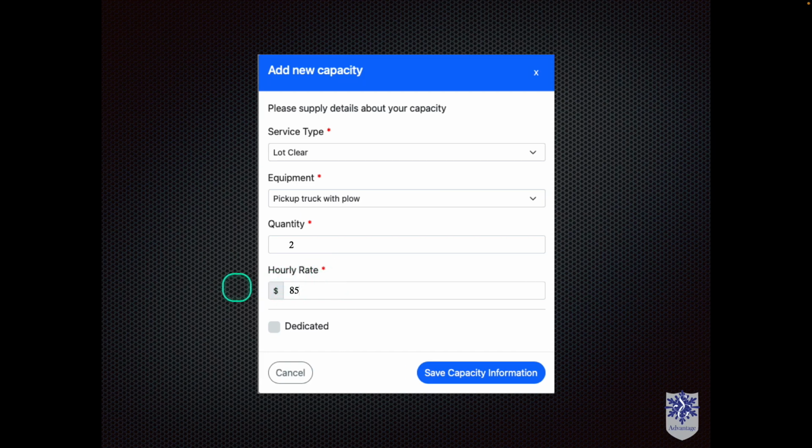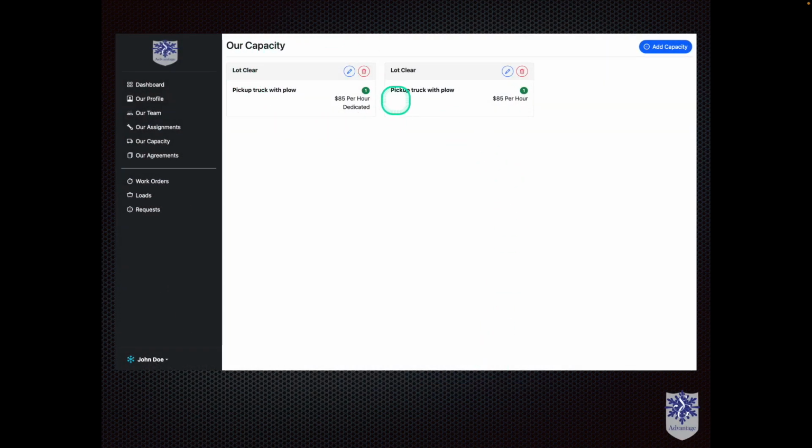Then go ahead and enter in your hourly rate. This is the amount that you're going to charge per hour to use this equipment while working for the subscriber. If you're working per occurrence, that's fine. This is just a base hourly rate for ad hoc or extra services or one-off things here and there. Or if you're working by the hour, that is the rate that the subscriber is going to pay you to do the work that you're doing. So then come on down and click Save Capacity Information,